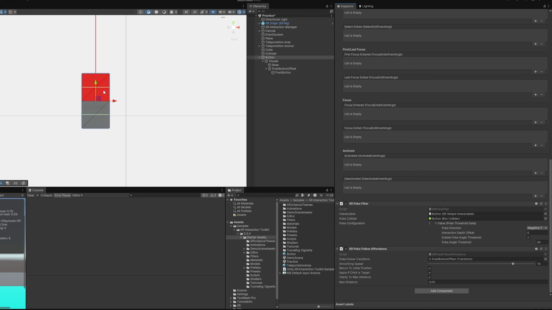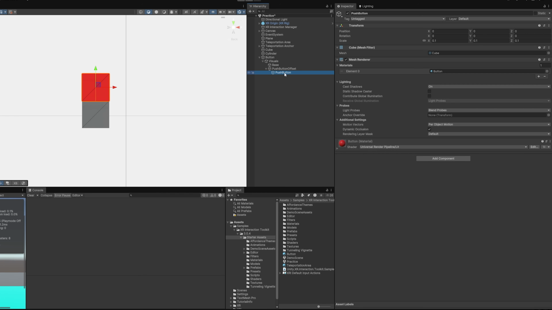So now the problem we have is this button is sitting up here and the visual is obviously off. We're going to poke here and it won't start calculating until it hits the collider right at this point. And so it'll look like our finger is halfway through the button. So we need to reduce the size of this a little more. If this is at 0.05, we should probably reduce this by that much as well. So this is sitting at 0.1. If I take it and change it to about 0.05, you'll see it chops it in half, which, yeah,